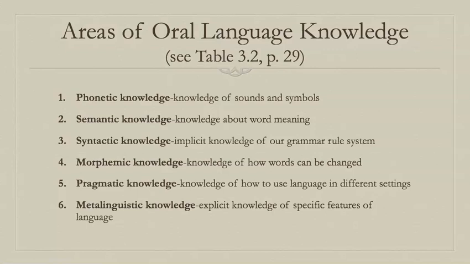Pragmatic knowledge has to do with the use of language in different settings. So if I'm a child experimenting with oral language, and maybe I am a child from a different cultural background, and I have acquired some slang language, I know that it's appropriate to use this language in the playground. But maybe I use the same language at school with a teacher, and the teacher says something like, oh no, we don't use that word here. And that context that is given to the child of where it's appropriate to use a word versus where it's not gives the child that pragmatic knowledge that's very much